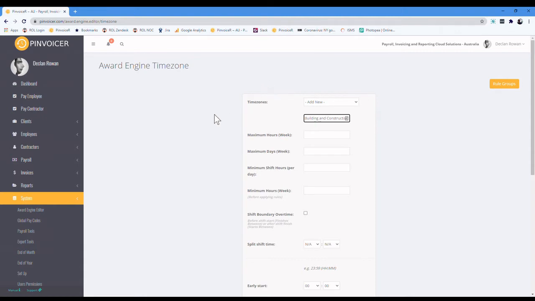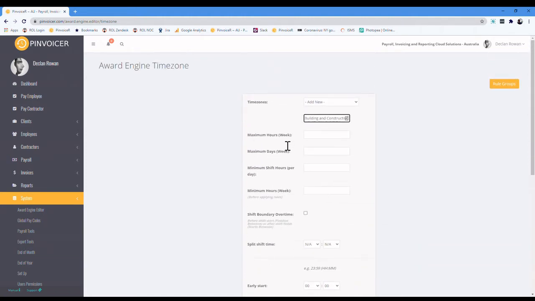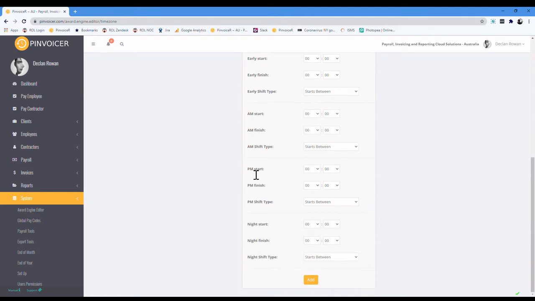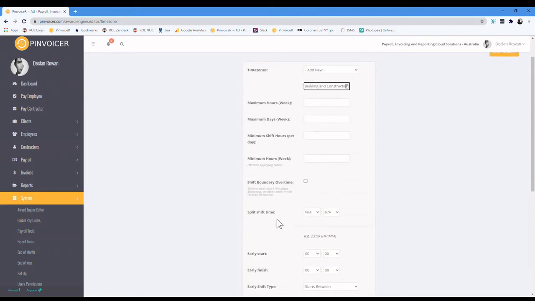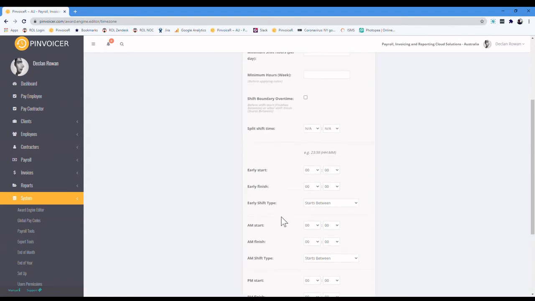Within this menu, you're looking at how the timesheet would be considered depending on when somebody starts or finishes a shift, and whether that is an early start, what we would call AM or normal hours, afternoon or PM hours, or a night shift. So really we're looking at those shift boundaries and saying, if something started between this time and that time, what does it mean